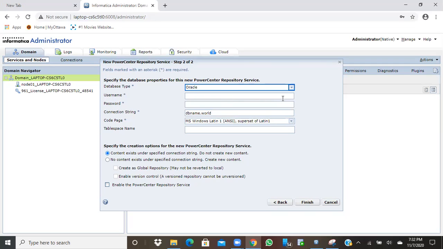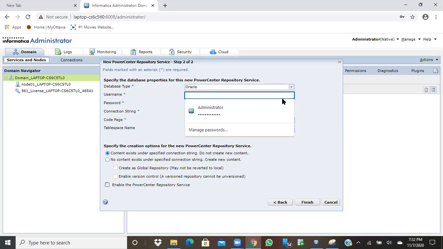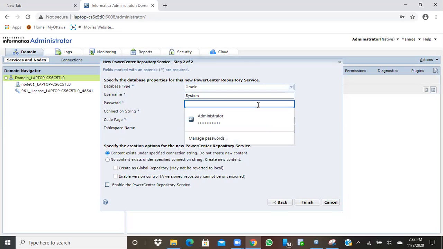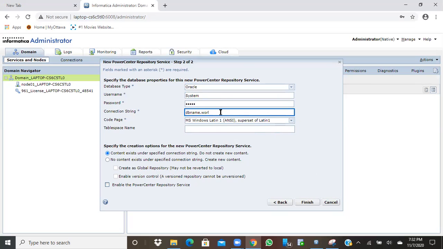Here the username will be system, and the password for the same which you had given, I feel admin password you had given. Remove the db name.world, and in place of that mention xe,